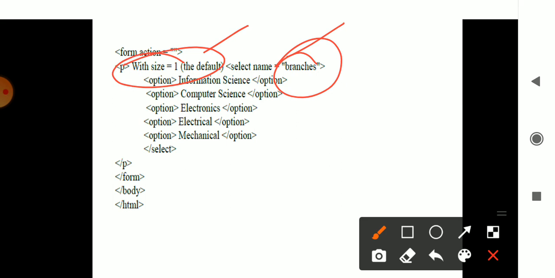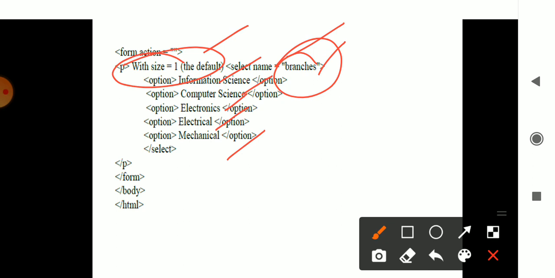Whichever branch you want to choose can be selected in the branch option, which has information science, computer science, electronics, electricals, and mechanical. In the beginning, with size 1, you can select only one option, and it is presented with only one option in the combo box.